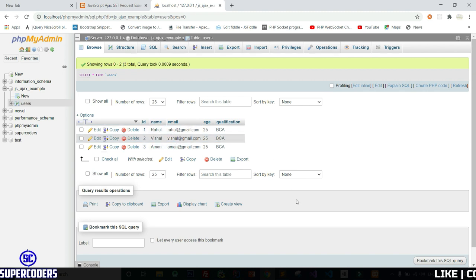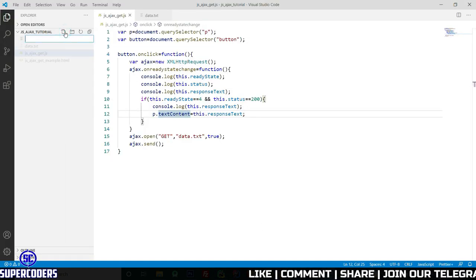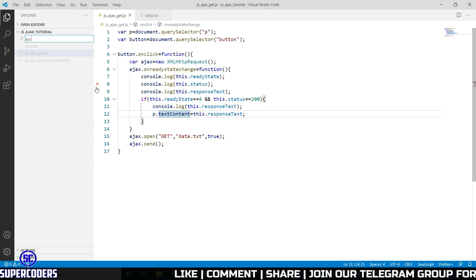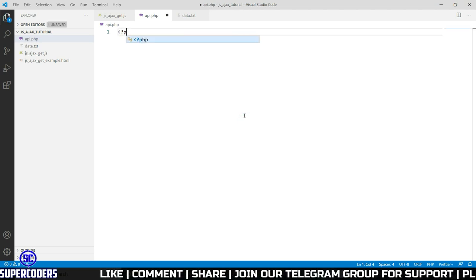Now let's create a simple PHP file, so you can use this data and read this data from the server. Let's see. Create a new file, giving the file name api.php.